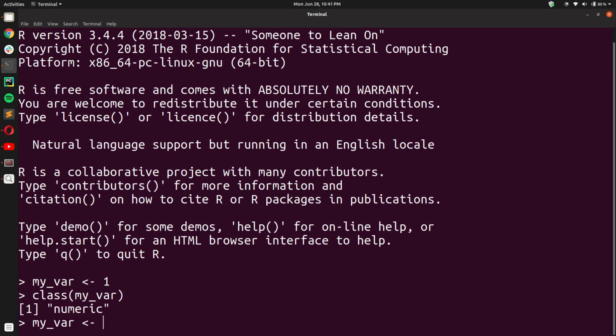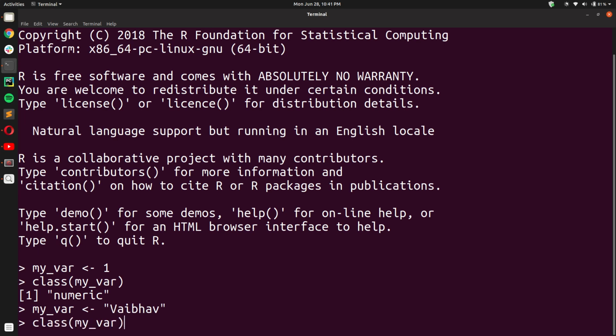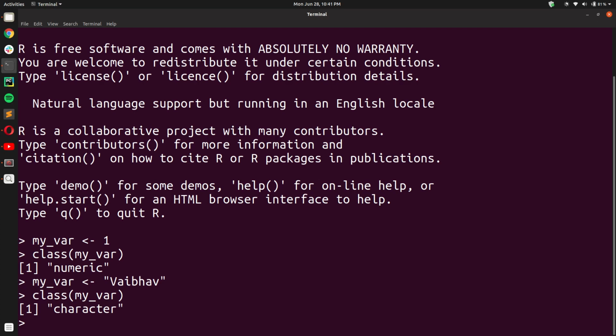Okay, great. But since the variables are not statically typed, which means that they are dynamic and can change on runtime, I can give a string value to this. So let us say I give my name to this variable myvar, and now when I check its type, it's a character, which means a string.